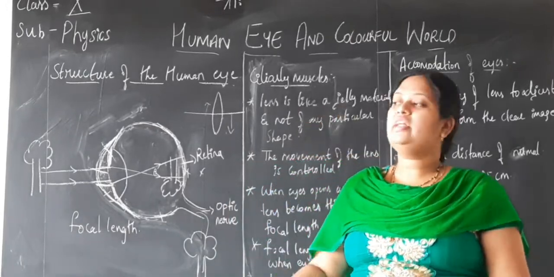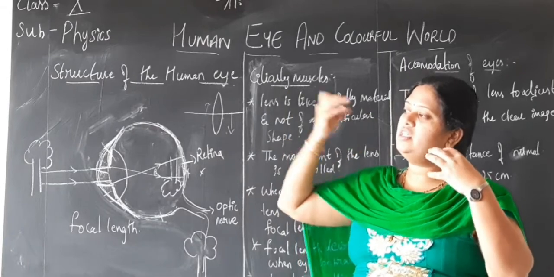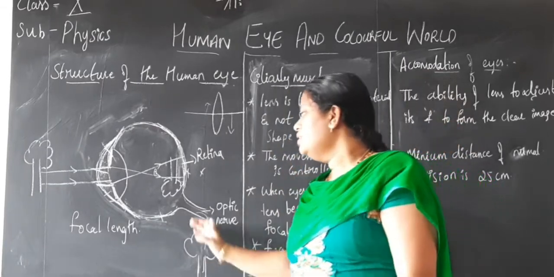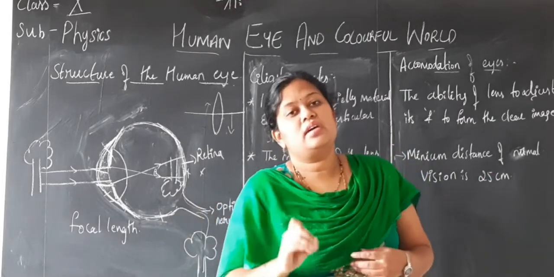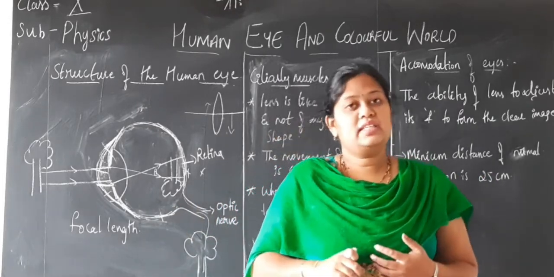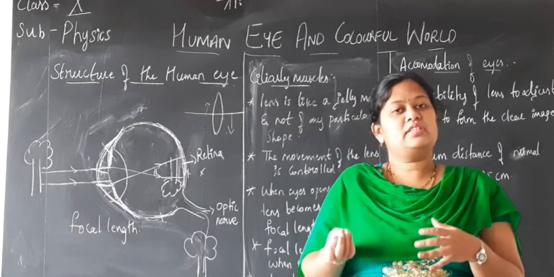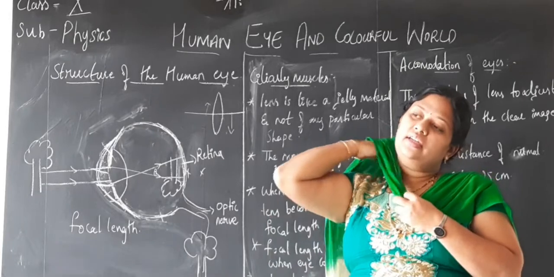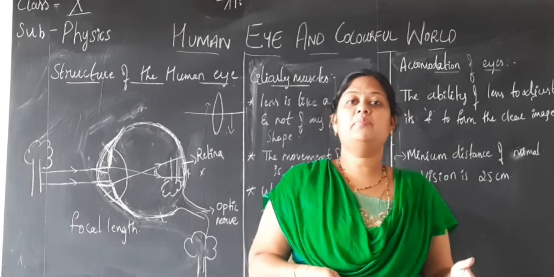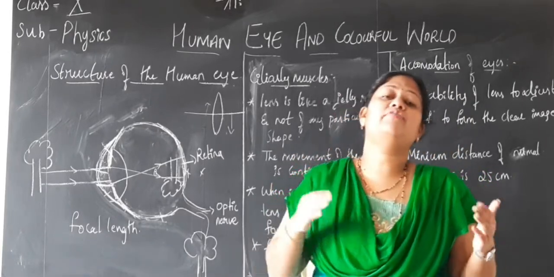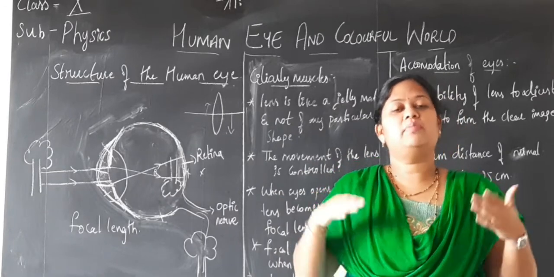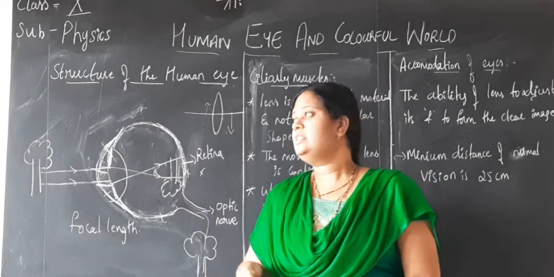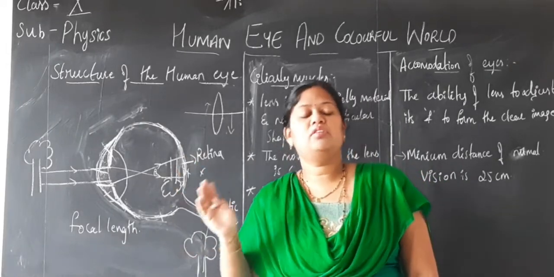What will happen when the eye is focusing the images inside or outside the retina? Then they say the eye has some defect. What is that defect? You have learned, no? Short-sightedness, long-sightedness, you have heard about it. So the terms they call myopia, hypermetropia, presbyopia are a few defects of eyes which we shall be discussing, but not today, in the next session. So this is about the structure and function of the human eye.